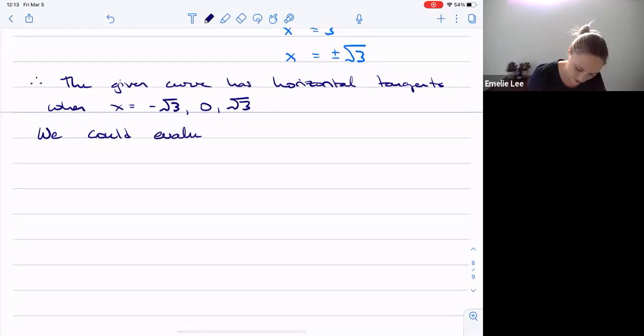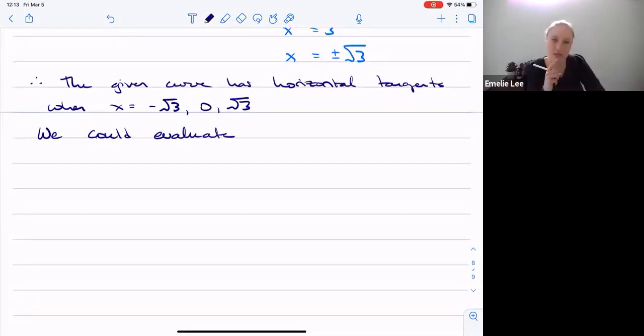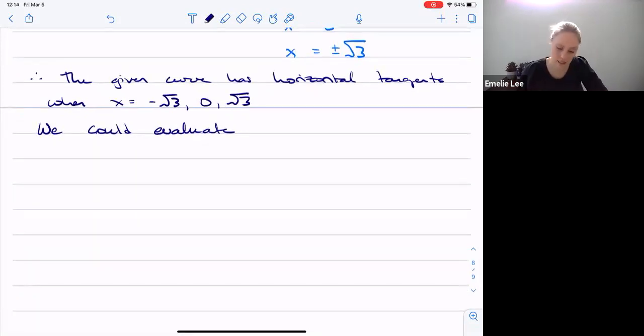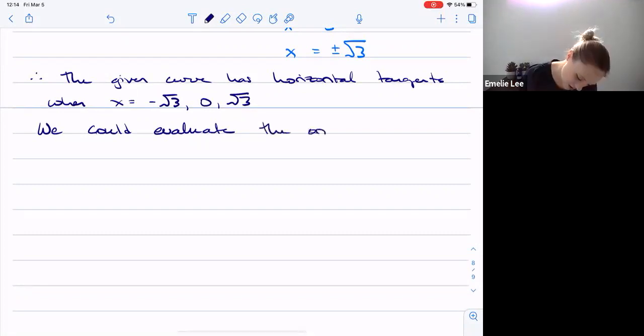So we could evaluate the original function only because I know from teaching the Maple labs that this can be a confusing thing. If you find these values of x and you want to find at what points these have horizontal tangent lines, then a lot of people want to put it back into the derivative, but that's not true. It goes into the original function. So we could evaluate the original